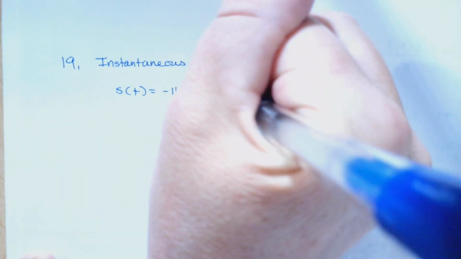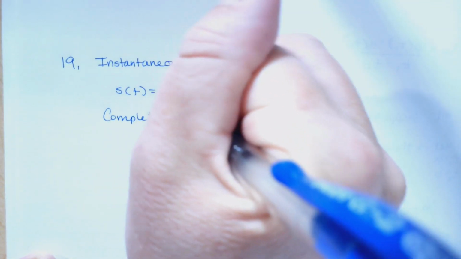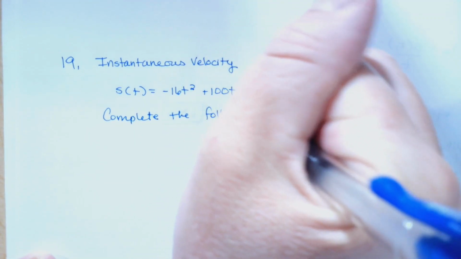Number 19 says instantaneous velocity. Consider s of t equals negative 16t squared plus 100t. Then it wants us to complete the following table